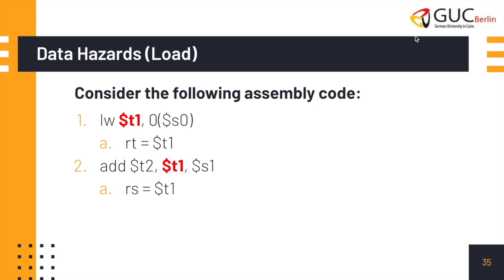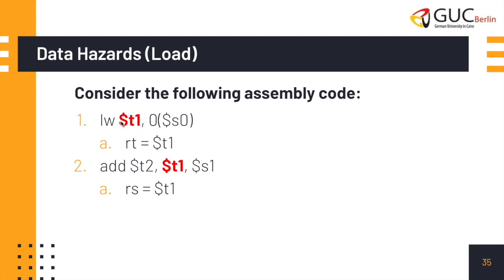Okay, in the previous section, we tackled the R-type instructions and the R-type data hazards, and their solution was easy: introduction of the forwarding unit. But in case of load data hazards, forwarding is not efficient, forwarding will fail and it will not work, and we need to stall the pipeline. Consider the following assembly code. So I want to perform a load word instruction where I am retrieving some data from the memory and storing